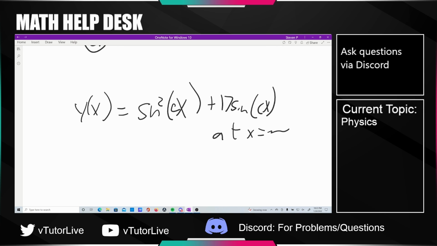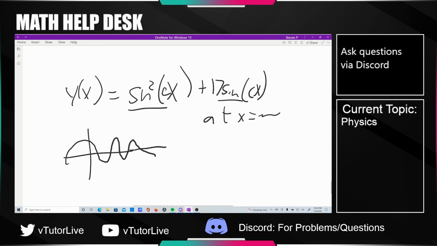And the way to do this problem, it's going to look like some weirdo. It's not going to look like a perfect sine curve. It's going to look like something kind of wacky because there's a sine squared and a sine. Yeah. But the idea behind this problem,